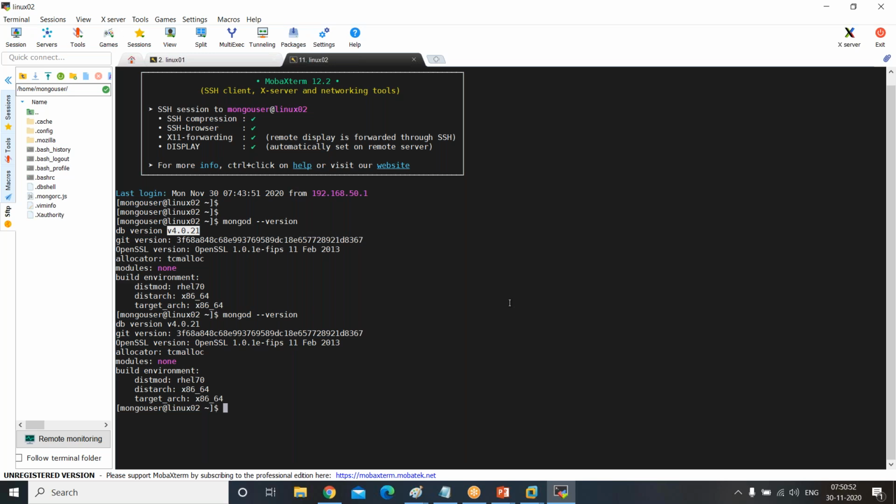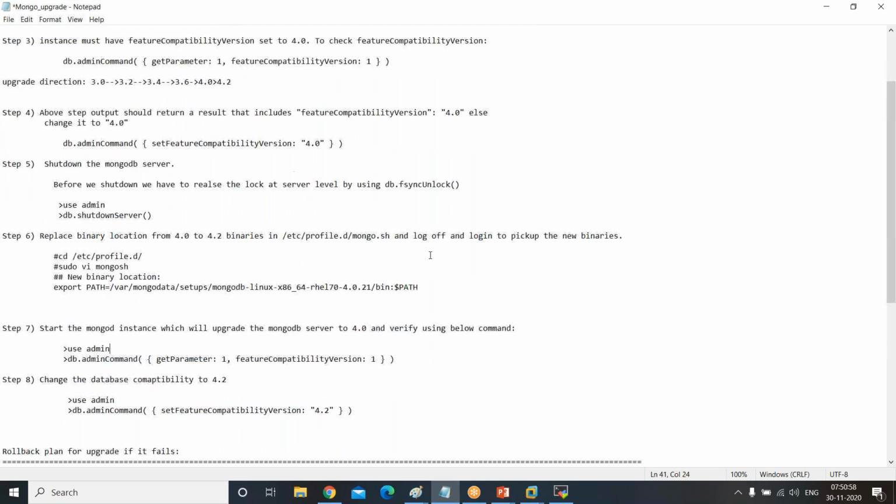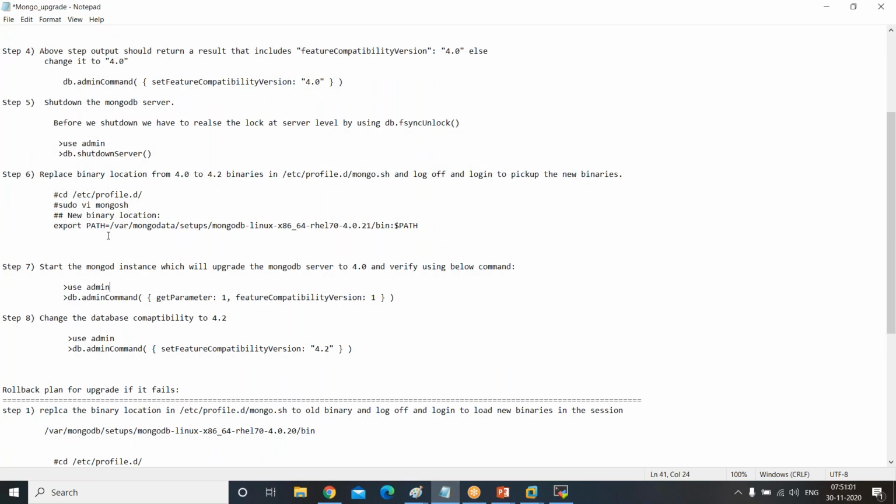Now I want to start the Mongo. If I start the Mongo, Mongo is upgraded. That's it. Mongo upgrade is so simple. This is called an in-place upgrade. We do in-place upgrades only. So we change the binaries, then start the mongod instance, which will upgrade. So before that,